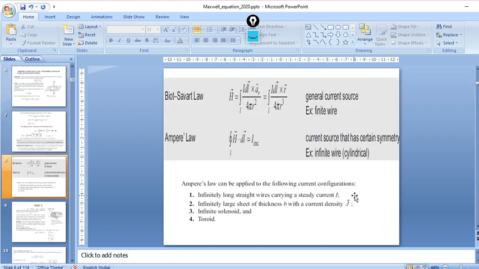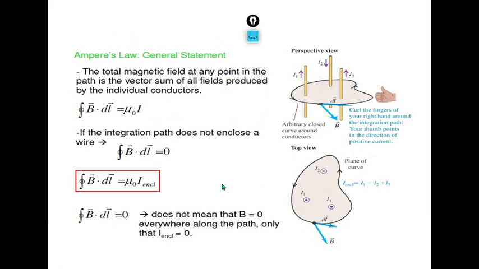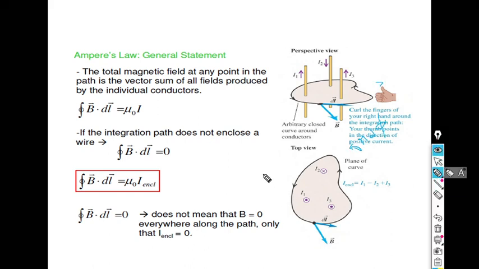Suppose I take these three conductors, and these three conductors are carrying a current, and suppose another conductor is present here. Now what does cross mean? Cross means current is entering towards your laptop, and dot means current is coming towards your eye. So this we take as positive, and this we take as negative.